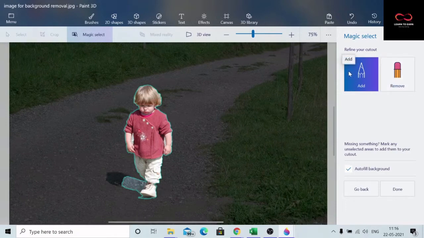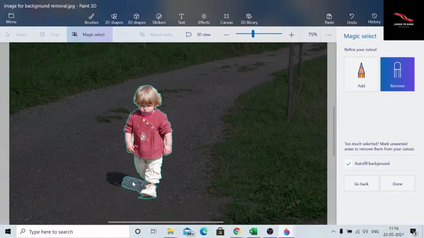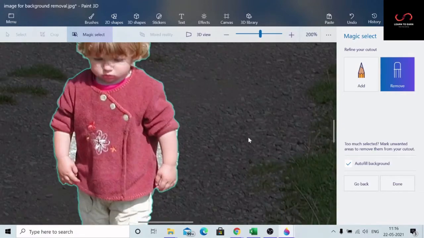So for that there is another tool available here, add. The portions which this selector has not selected, you can add through this, and you can remove the extra selected portion by using the remove tool. So let us remove these extra portions. Here you can see, here also it is extra. You don't have to do anything, just a click and the work will get done.